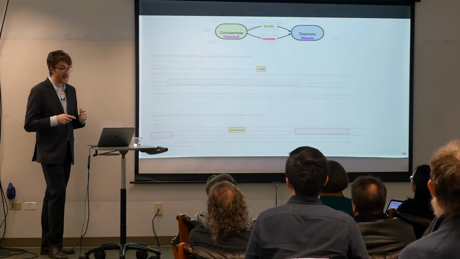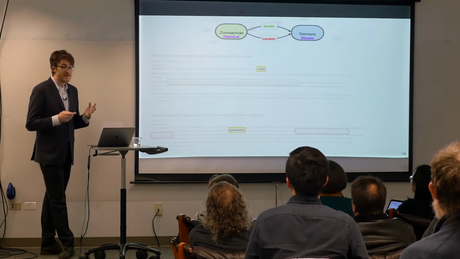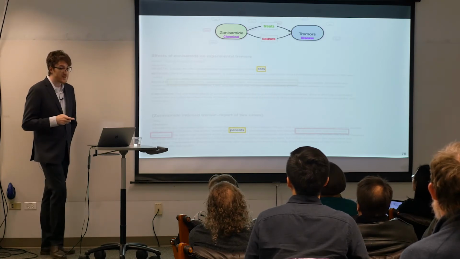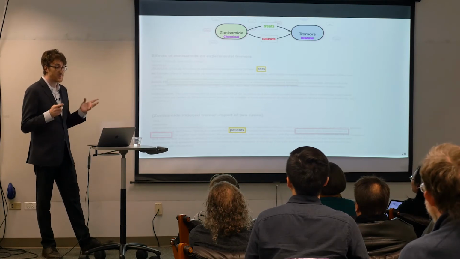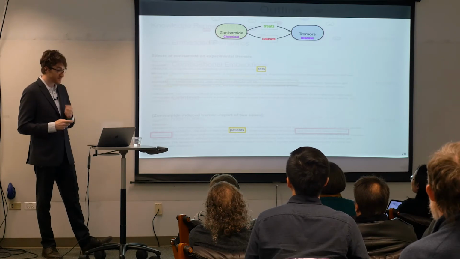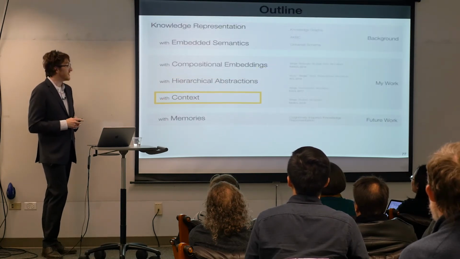And I think this notion of how we can represent knowledge in context is really extremely important for advancing knowledge representation research going forward. So I'm going to talk a bit about a few initial steps in this direction before going on to talk about how we can take these ideas even further in the future. All right, so next I'm going to talk about 2 projects for representing knowledge in context.